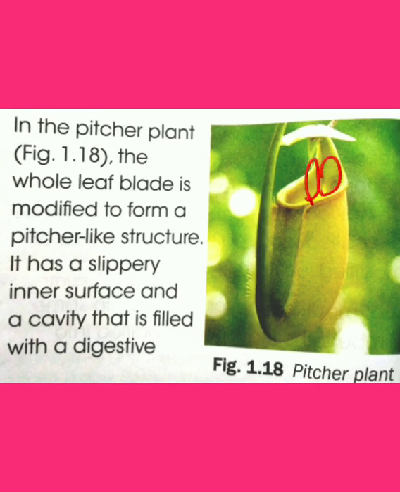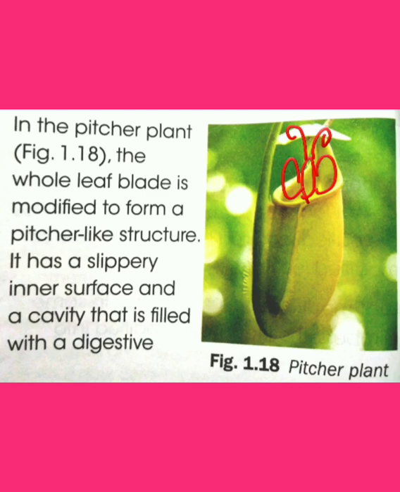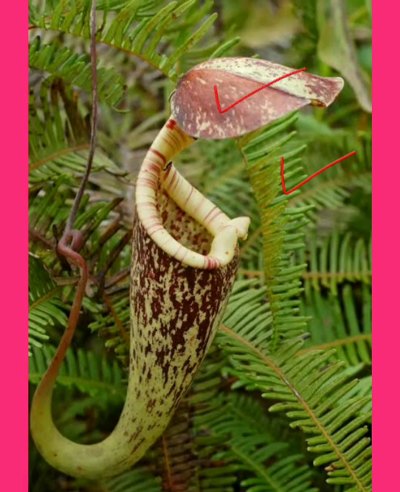When an insect sits on the pitcher, it gets trapped by the lid, as a result of which the insect slips inside and is slowly digested to fulfill the plant's mineral requirements. This is how the original pitcher plant looks. So this is the lid that closes when an insect sits here, and this part is the modified leaf blade and this part is the petiole.